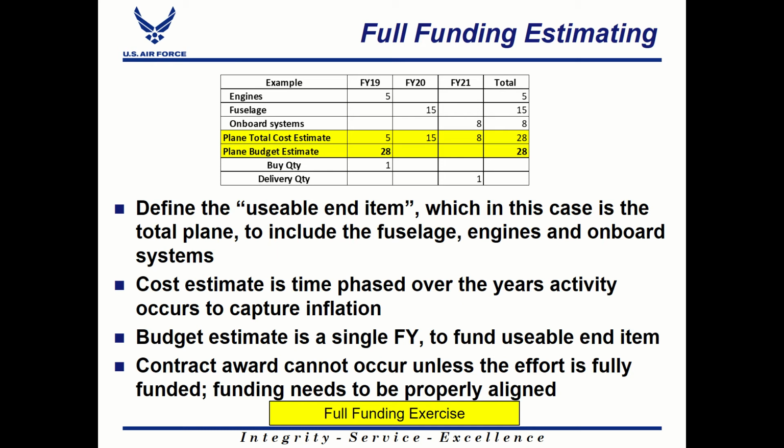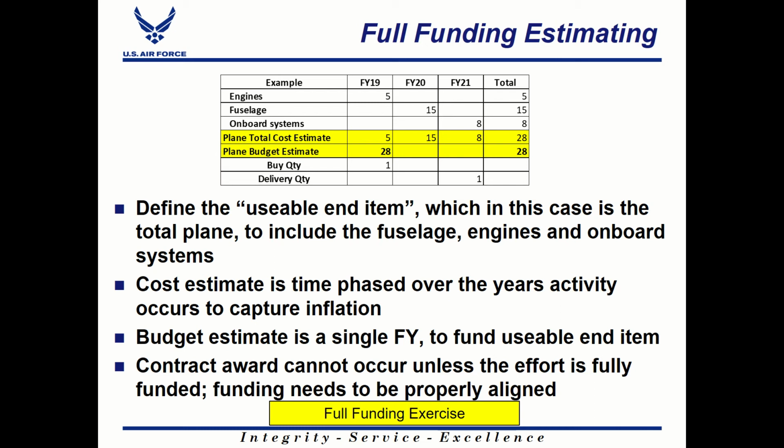So even though we're buying, or the contractor is buying, portions of the system in different years, we need to fully fund that cost estimate in the first year. You'll see here in the plain total cost estimate line, we've got a 5 and a 15 and an 8. The total is $28 million. Over those 3 years, we're buying parts of this aircraft and assembling them. But when we budget for this, we are going to create a budget estimate that has all $28 million up front in the first fiscal year,